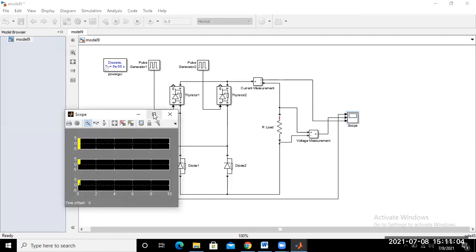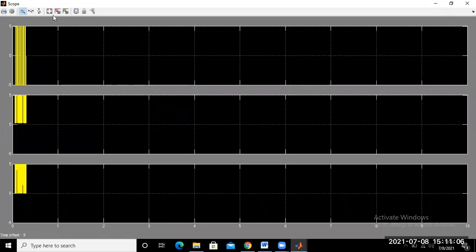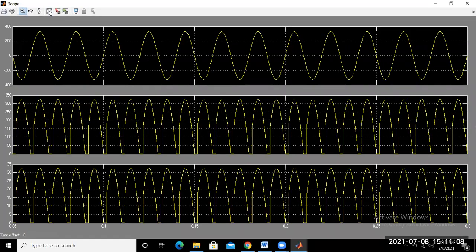So again full screen. Go to this one and auto scale. So this one is your input voltage waveform, output voltage waveform, and output current waveform. So it is clearly obtained as whatever we study in the theoretical part, okay, theory portion.